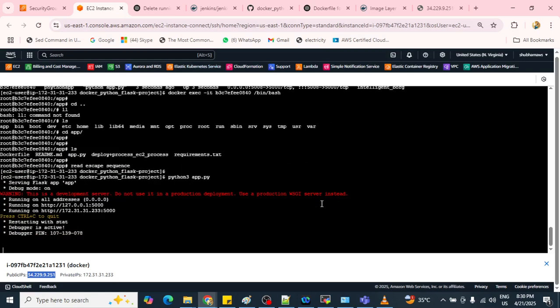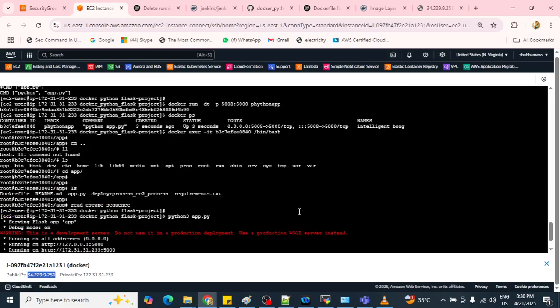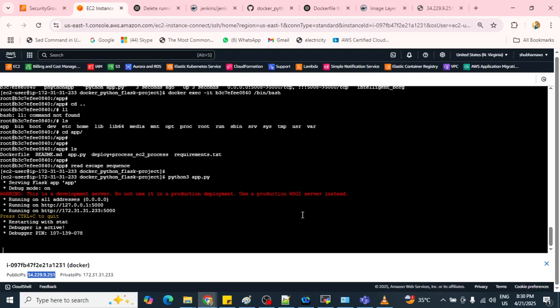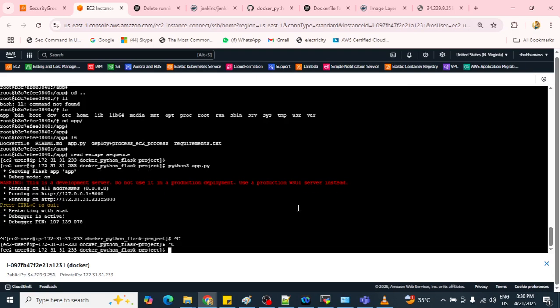So in this way we can execute our Python application also. Ctrl+C. Or if you want to write your own Python image, you can write your own Python image, like Docker own.